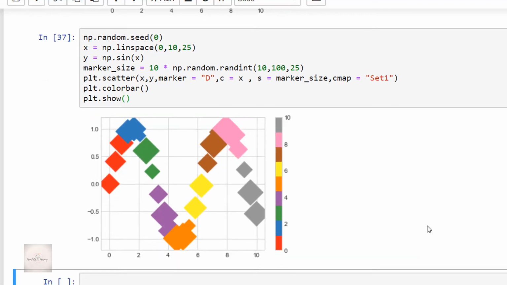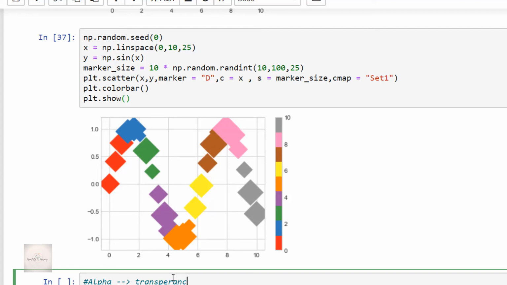We have the output and you can clearly see that every marker is of a different size. In this output, you observe that many points are overlapping, but can you exactly say how many points are overlapping? No, not possible. So in order to have a better view of these overlapping results, we will use one keyword, that is the alpha keyword. This alpha keyword adjusts the transparency level.